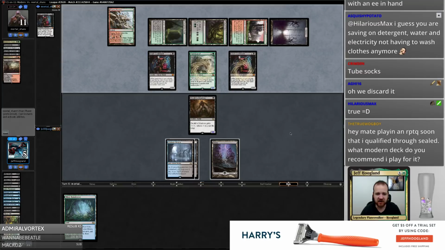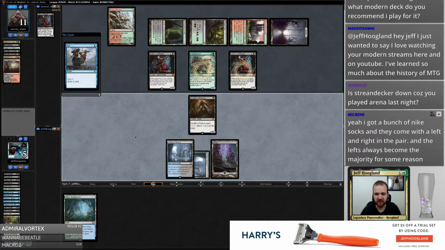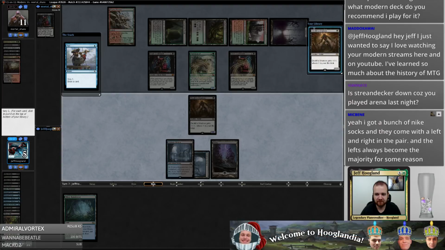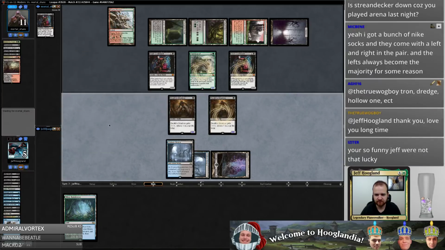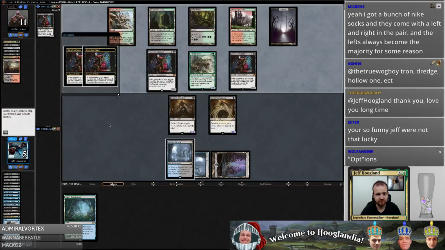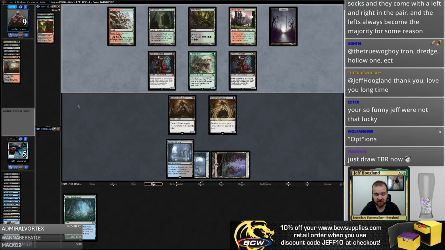Maybe these Dark Confidants will kill them for us. Check out our options here before we die. Thanks, Madden. Glad you're enjoying them. All right, second 8-8. All right, another Watery Grave. Just draw into